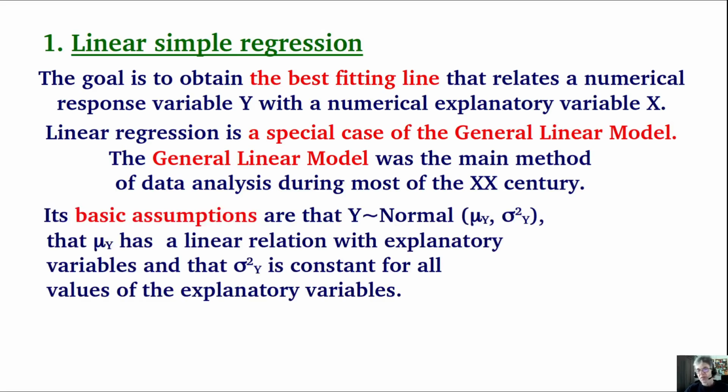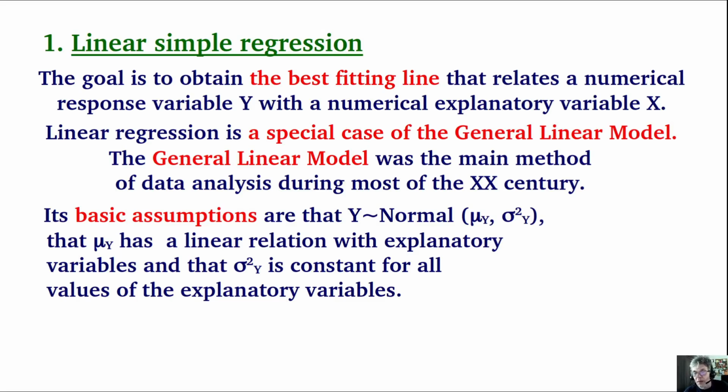Its basic assumptions are that the response variable follows a normal distribution with a given mean and variance, and that the mean has a linear relationship with explanatory variables. They may be numerical, as in this case, one or several numerical variables, or one or several categorical variables. We will see the latter cases in coming videos. It also assumes that the variance is constant for all values of the explanatory variables. That is, the variance of the response variable, showing the scatter around the mean, is constant for all values of